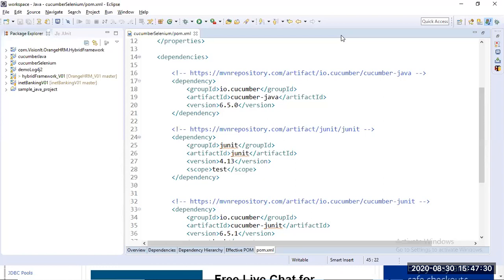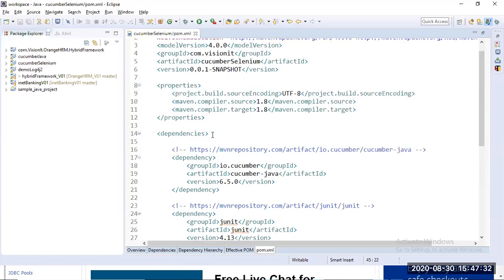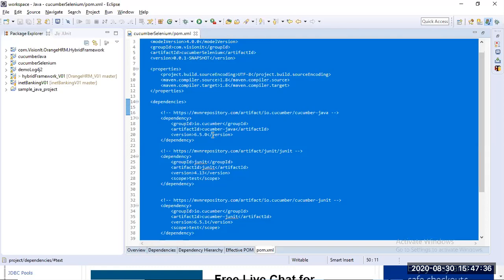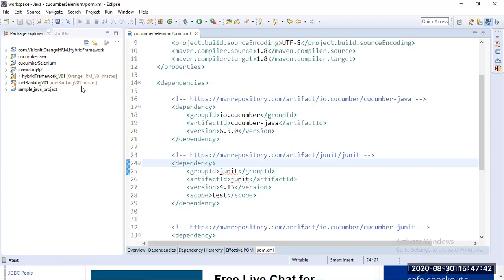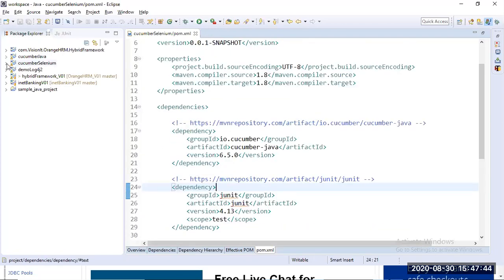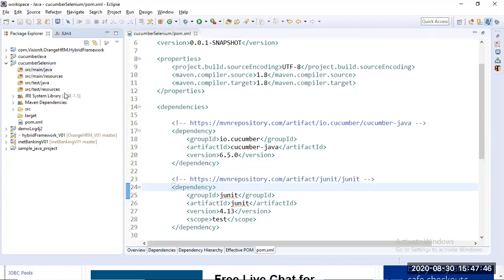You see, this is the pom.xml. Is it visible now? Okay, it's updated. I increased the size. This is the project Cucumber Selenium. Still, we haven't changed; Java 1.5 is there.